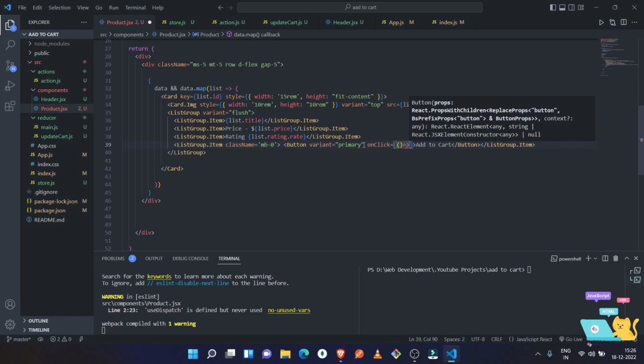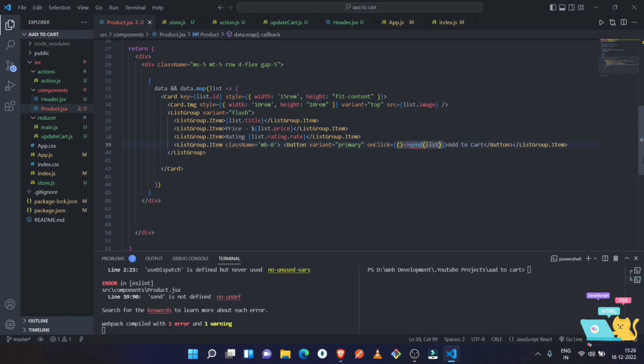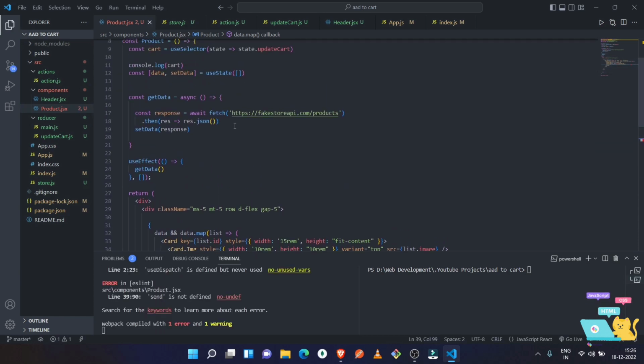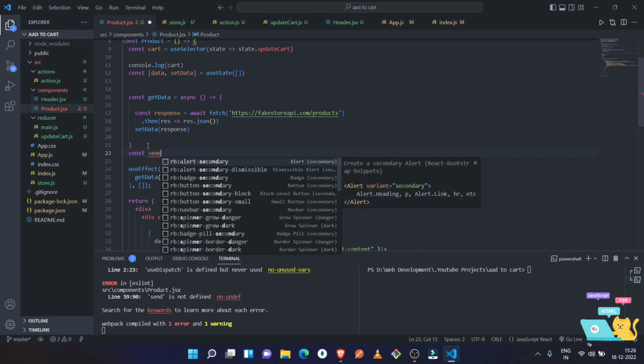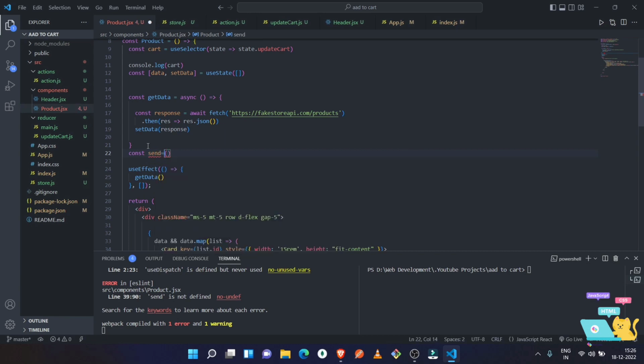So that function name is send, and inside that we have to pass this list. So list, and let's define this send function here. So const send, and it will receive the list,